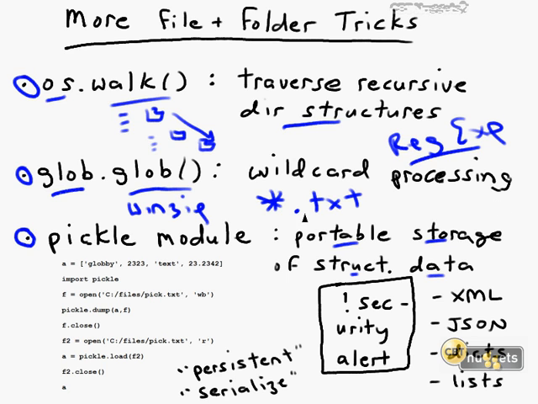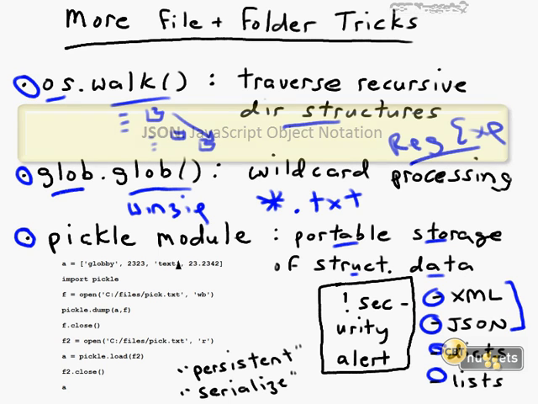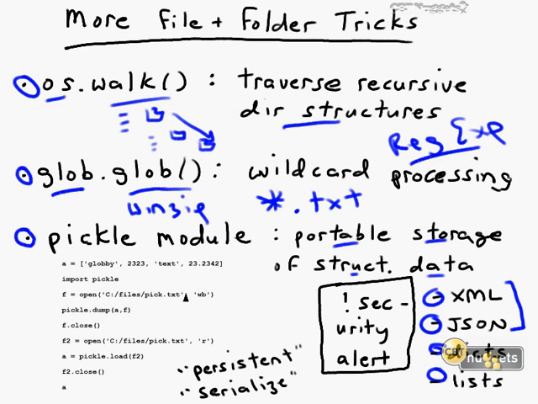Well, that's what Pickle does, but what's especially cool about Pickle is that the input, the data types that it takes, are pretty much anything supported by Python. So you can take lists, you can take dictionaries, you can take XML, Extensible Markup Language, or JSON, which is a pretty popular data representation format used in the Java world, and pack that into a file, and that file gets stored with your complex data.